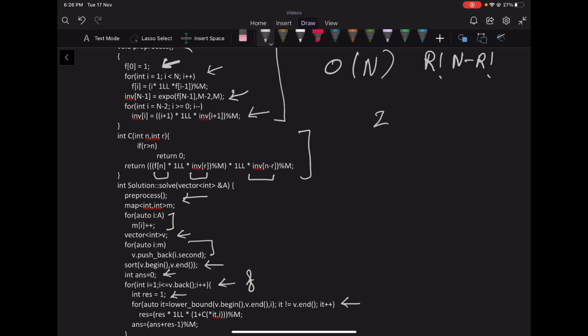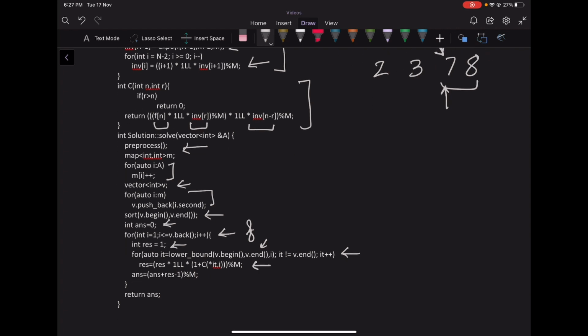So for example, if our list was 2, 3, 7, 8 and current I is 4, we will only consider elements 7 and 8. Since our list is sorted, we'll use lower bound, and lower bound returns the smallest value which is greater than or equal to I. So for example, if I is 4, the smallest value which is greater than or equal to 4 is 7. So it returns a pointer to this element, and we'll start from here and move till the end of the array.